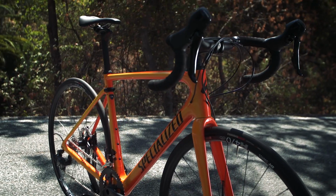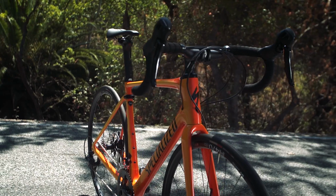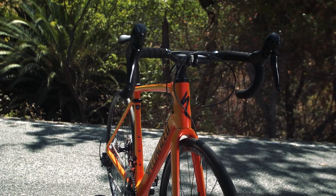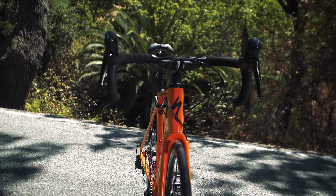Our engineers were also tasked to keep the Roubaix as light as possible. Out of the box, a size 56 S-Works Roubaix weighs in at only 15.9 pounds. If you want a smooth and confident ride that delivers the highest level of performance, you just found your bike. Nothing is smoother,